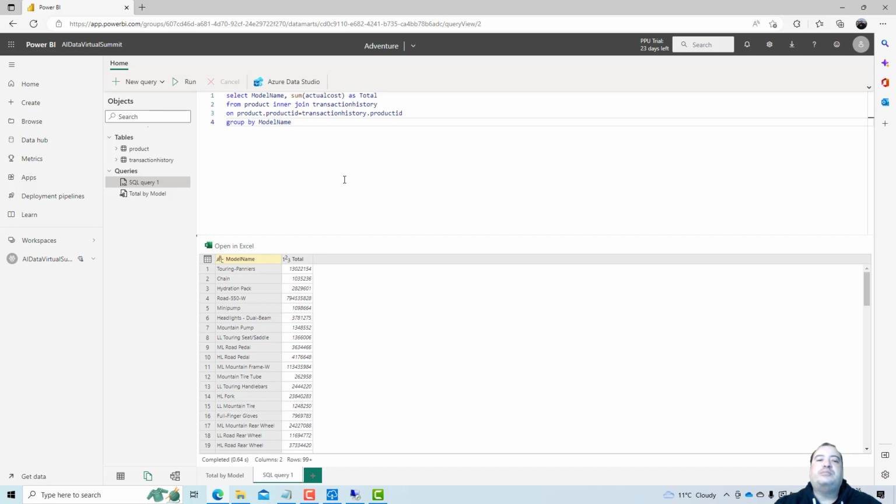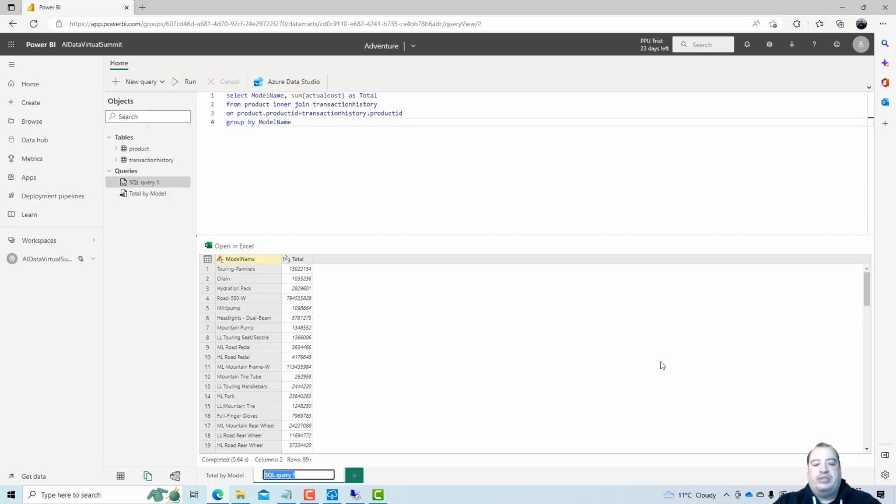And it brings me the result. Yes, I'm executing a SQL query over our data because the background of the data mart is an Azure SQL database. So this is allowing the user to make exploratory analysis over our data.